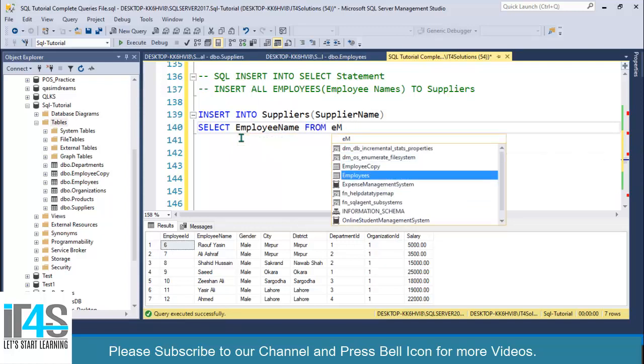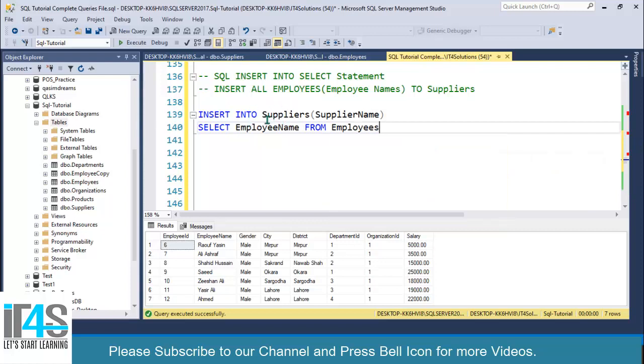So insert into this table, within that table insert into this specified column, and select this column from the employees table. This will insert all employee names into the suppliers table. Click on execute.